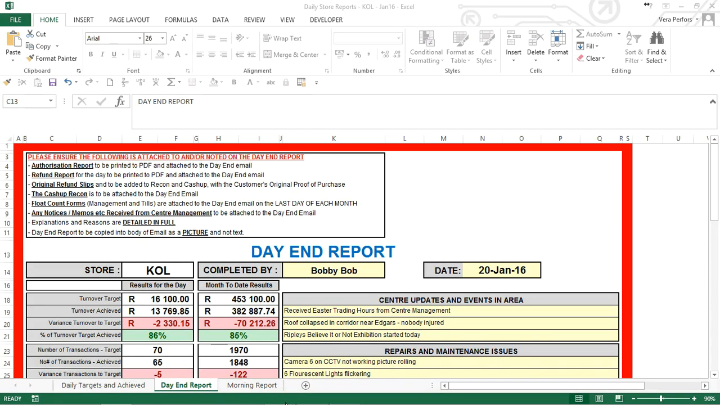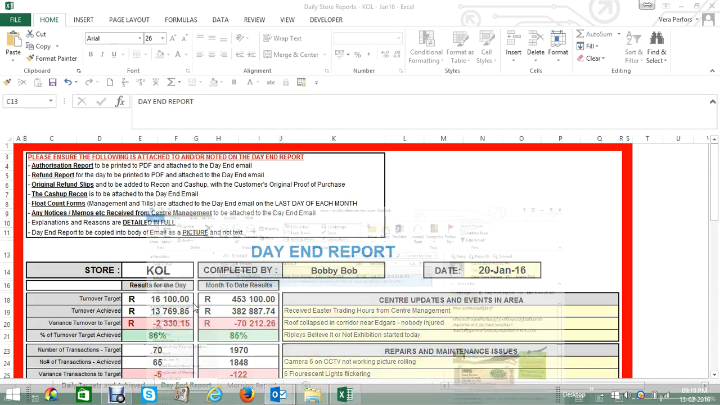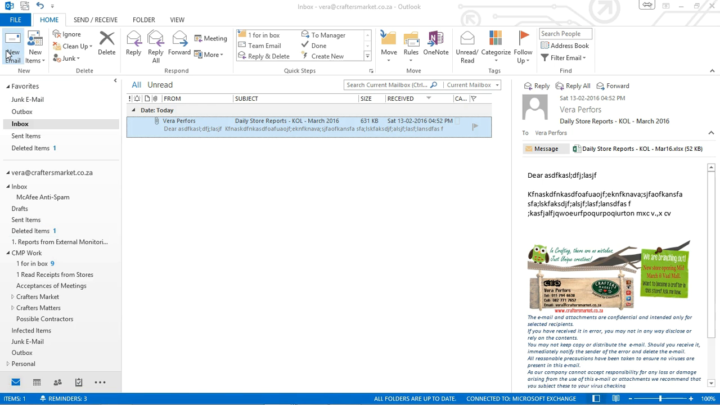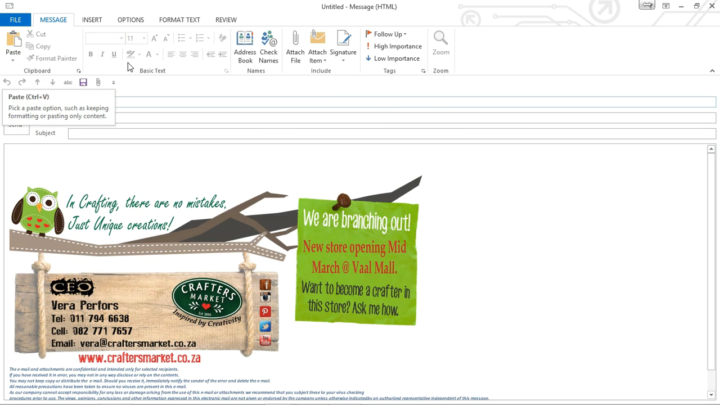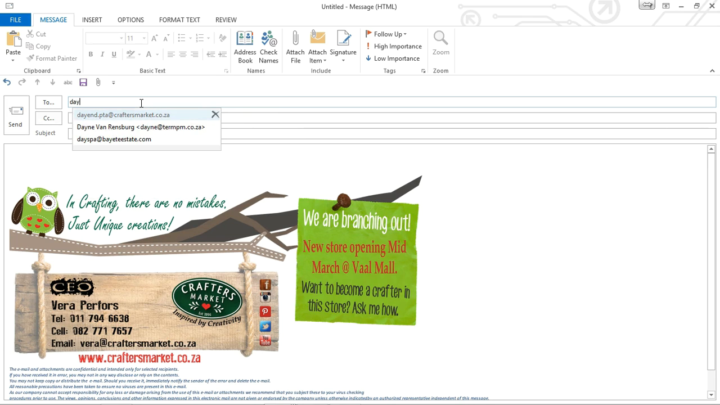In Outlook, click on New Email, which is on the top left-hand corner. In the to box, you will type in the email address, and for the day end, you use the day end email address for the relevant region. So it will be dayend.pta@craftersmarket.co.za